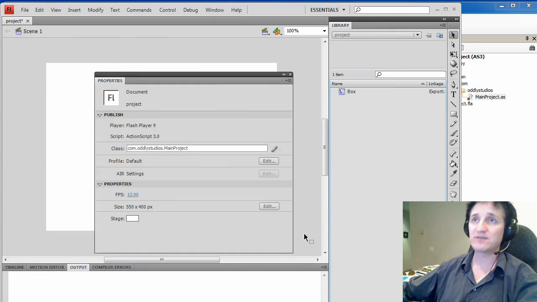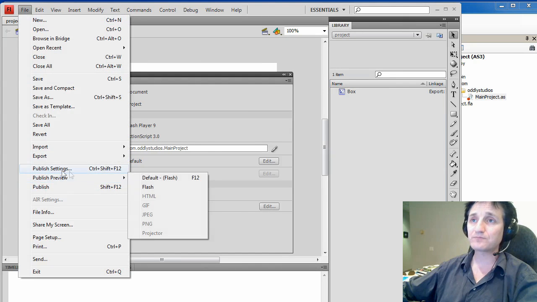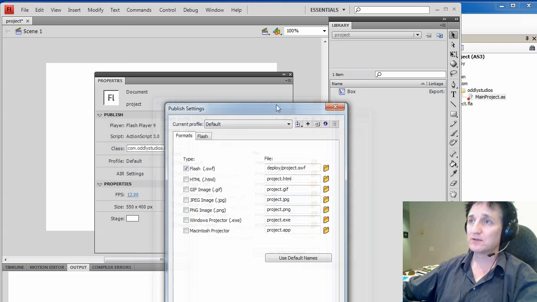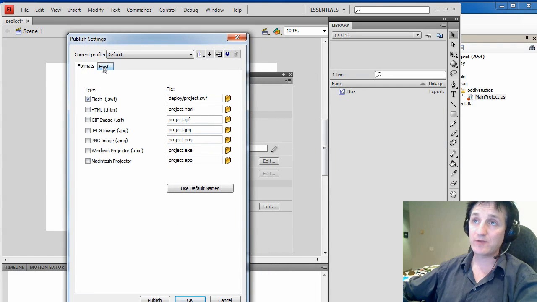If you jump back into the FLA and you go File, Publish Settings again, well, now we're going to make use of the Formats tab rather than the Flash tab. And inside of here, you can see that you can actually put a path into the file location for the SWF here. Now, by default, it's going to look like this. It's going to try and just put the SWF right alongside the FLA, but you don't have to let it do it that way. You can actually go in here and put a directory. So in this case, I'm going to put deploy